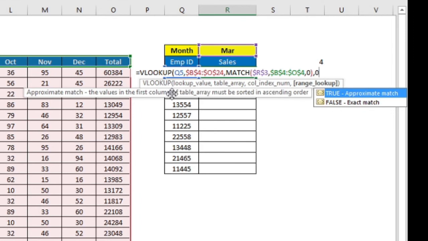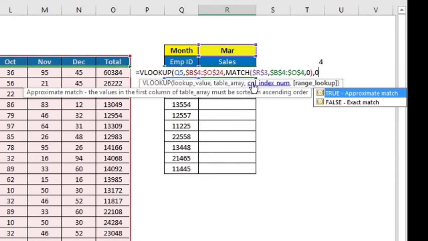After that, the VLOOKUP formula asks me to give the column index number, but for the column index number I want to use the match function because as and when this particular cell changes as a month, the month's column index number should change in the formula. So for that I am going to use the match function.